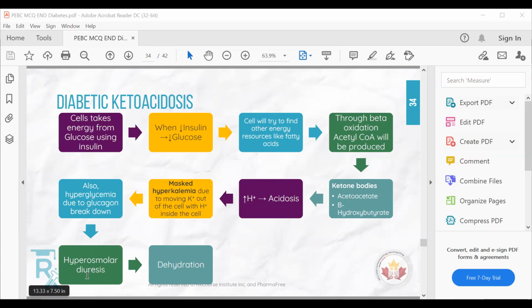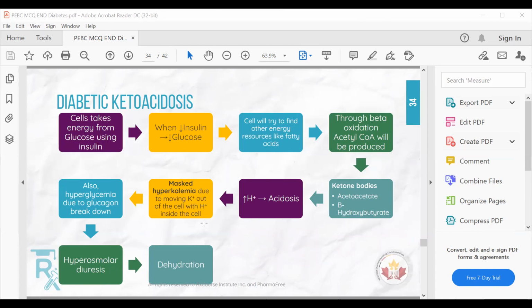This degradation or oxidation will lead to the formation of acetyl-CoA, leading to formation of ketone bodies, acetoacetate and hydroxybutyrate. These ketone bodies will increase the hydrogen positive level in our body, leading to acidosis in the blood. This is why it's called ketoacidosis, and it's keto due to the formation of ketone bodies like acetoacetate and hydroxybutyrate. And what will happen when the H positive level